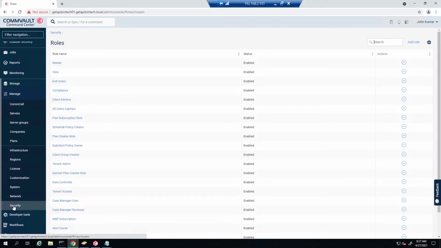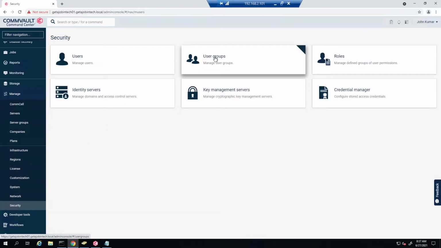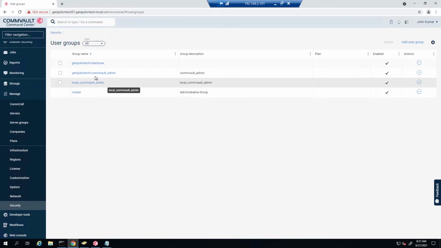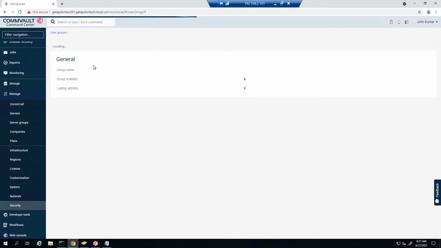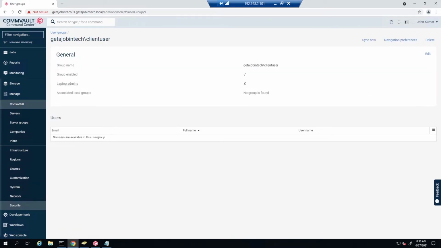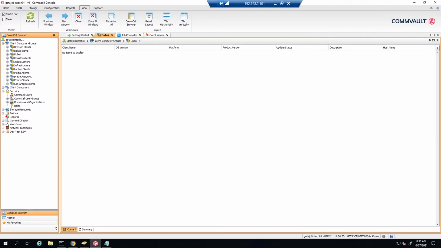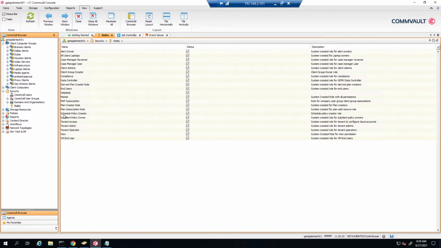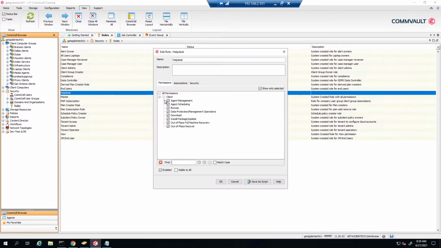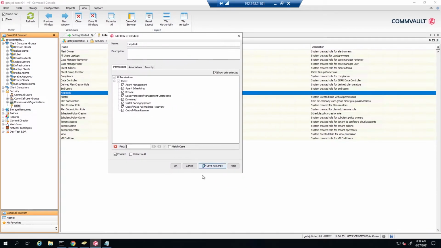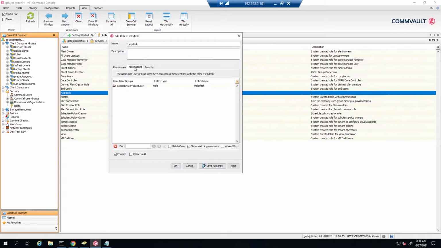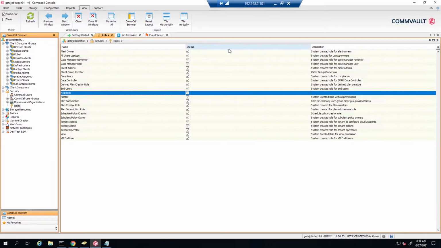I click on security tab, click on groups, click on my client user. I go over to my Java console, select my roles, I select help desk, associations. I can see I have the client user. Now I'm ready to add the